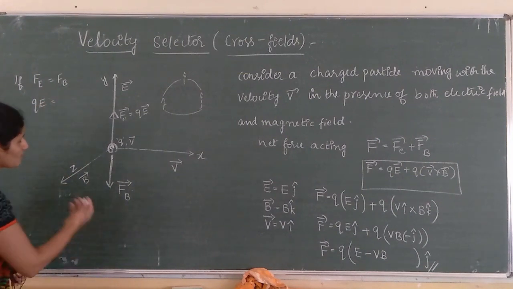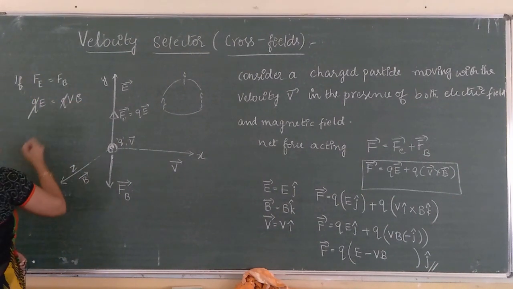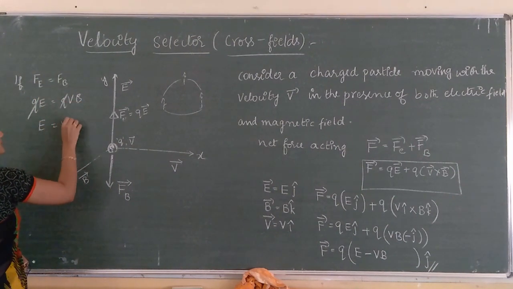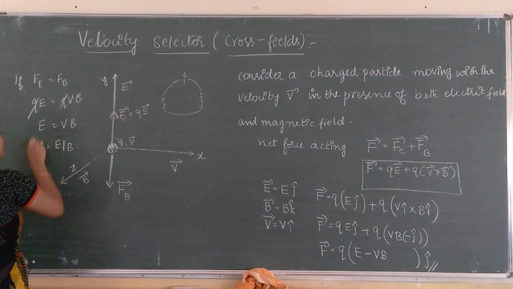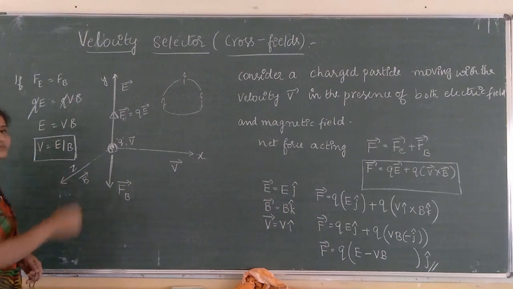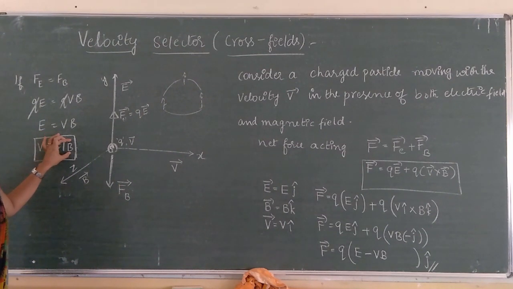What is the magnitude of magnetic force? QVB. So Q cancels, we get E is equal to VB, therefore V is equal to E by B. So velocity V is the ratio of magnitude of electric field and the magnitude of magnetic